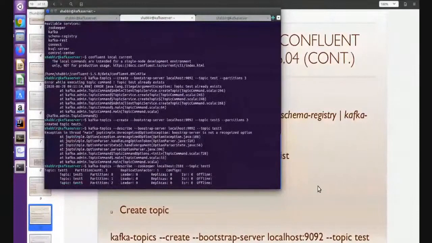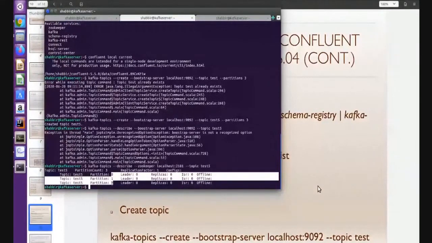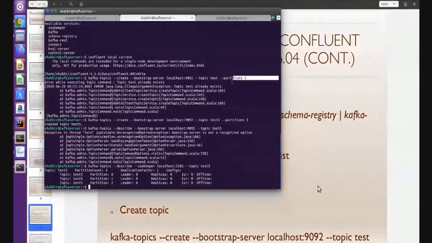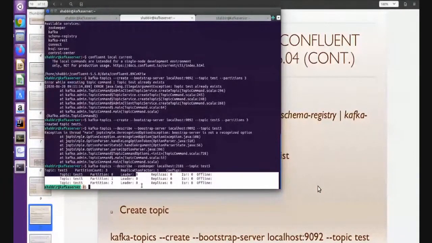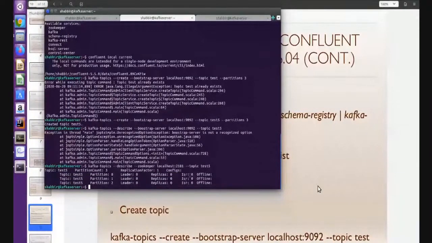Yeah, you can see here, right? In this you can see the replication automatically. It will give you the replication factor 1, and you have 3 partitions, right? 0, 1, 2. Because while creating, I mentioned the partition number 3, and because only one broker is running, that's why broker 0 is the leader of all partitions, right? And in the ISR list, you will see only the 0.